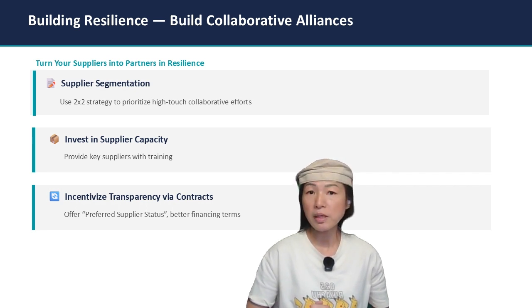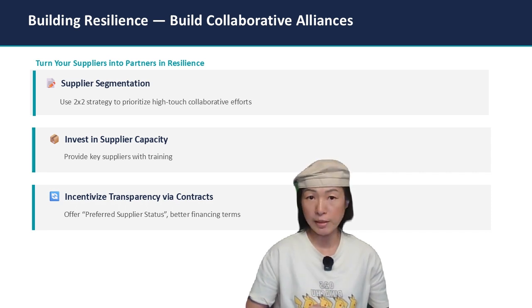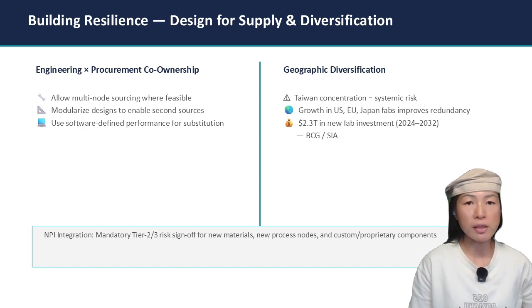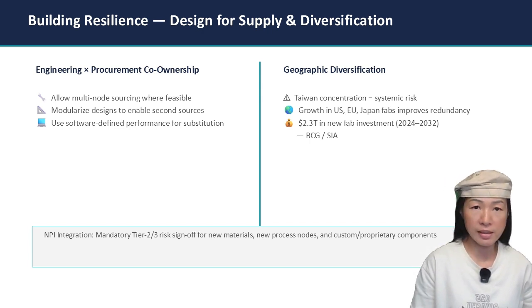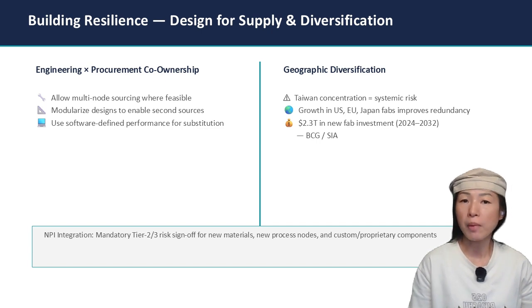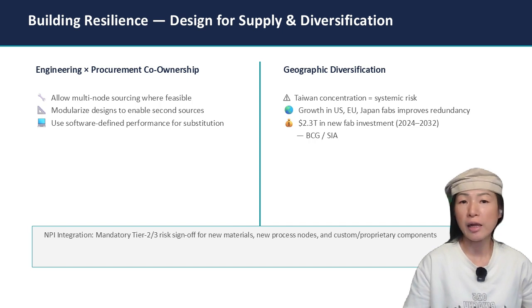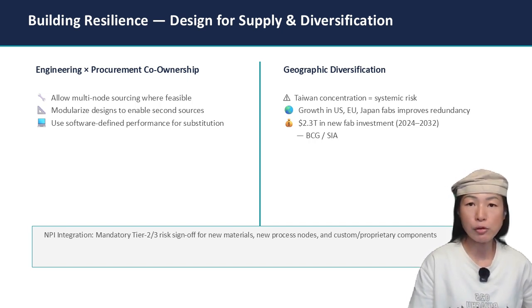When our suppliers have a commercial reason to be transparent, the entire supply chain wins. Resilience must be designed in, not negotiated after the fact. This means procurement and engineering must co-own supply flexibility decisions from the design stage. Design should allow multi-node sourcing where feasible, modular architectures that enable second sources, and software-defined performance where substitution is possible